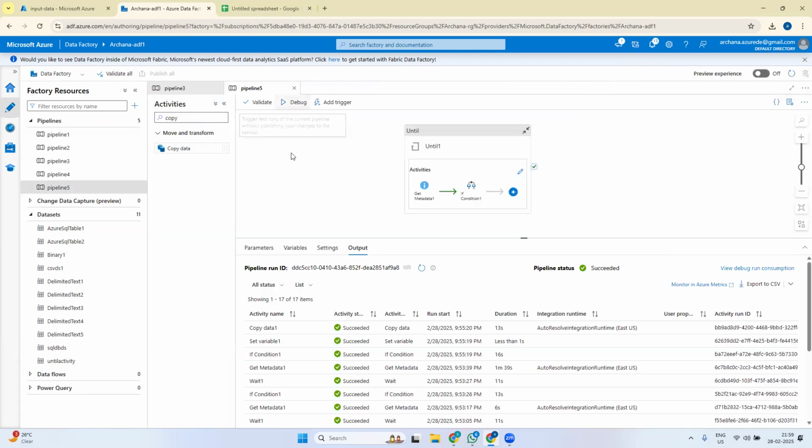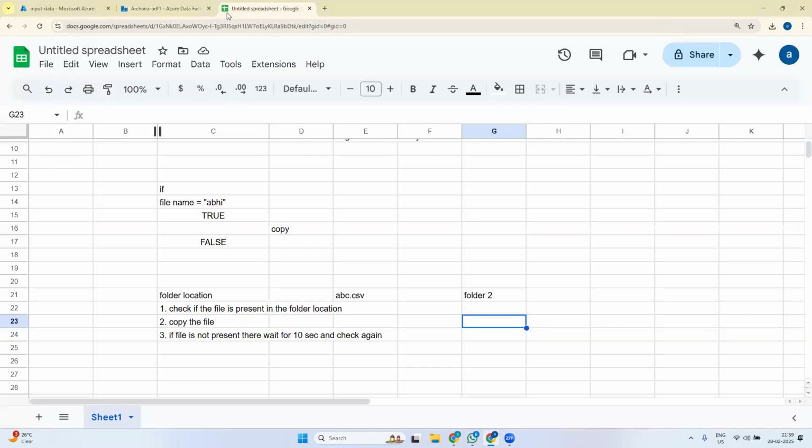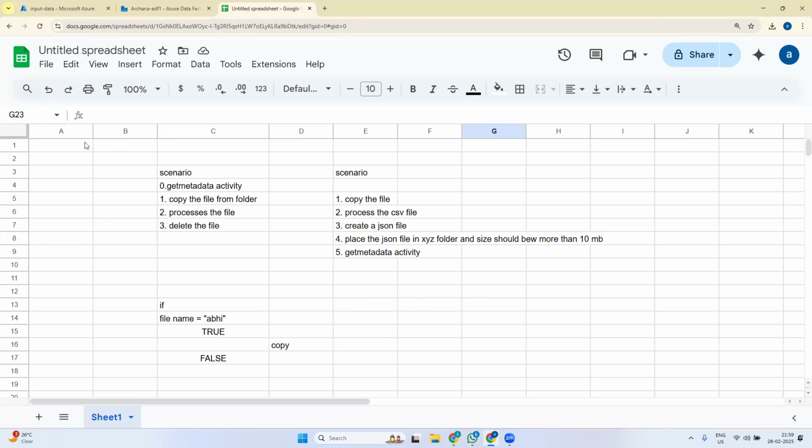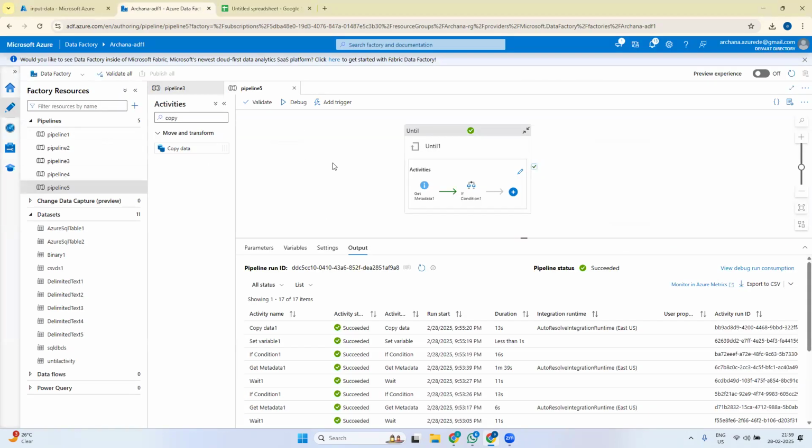So we created until activity. With this, we check this scenario, and also the scenario to check for a file location. Okay, then